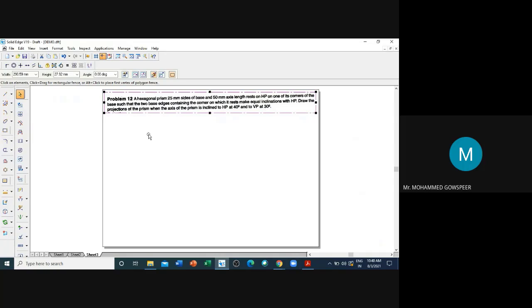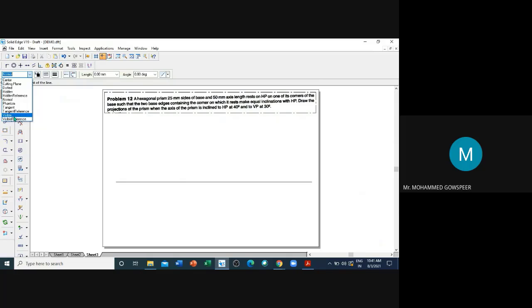Now for this I will give a demo. For the final view, I will tell one simple shortcut. It will save only hardly some 30 seconds or 1 minute. Still we'll see the solution. I will complete it fast, within 20 minutes. Anyway, there's no new command, only some shortcuts we'll see. Then select the visible line type.